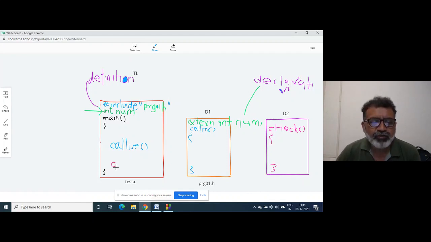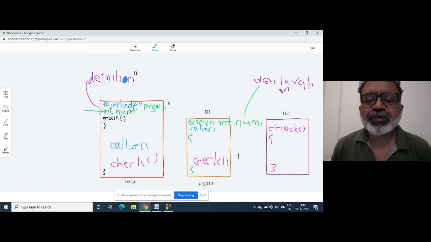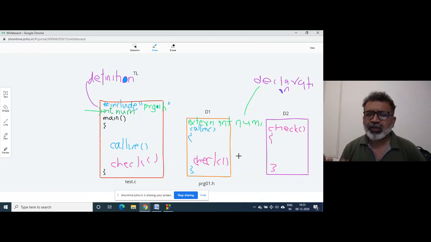And this has also been called, either by the team leader or even by D1. A lot of possibilities are there. Anybody can call that.